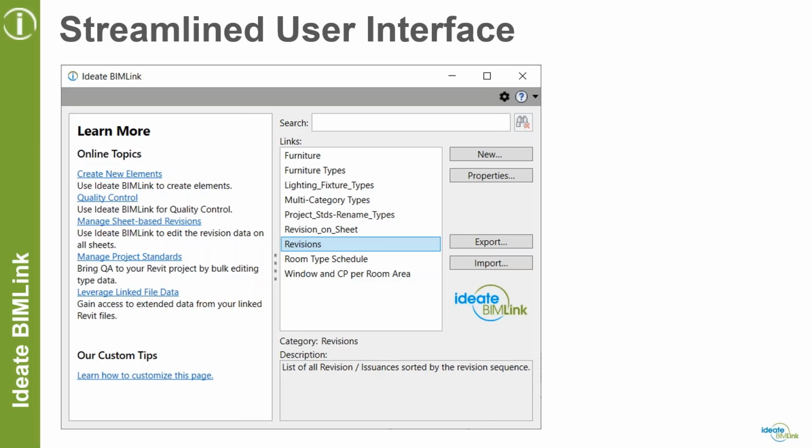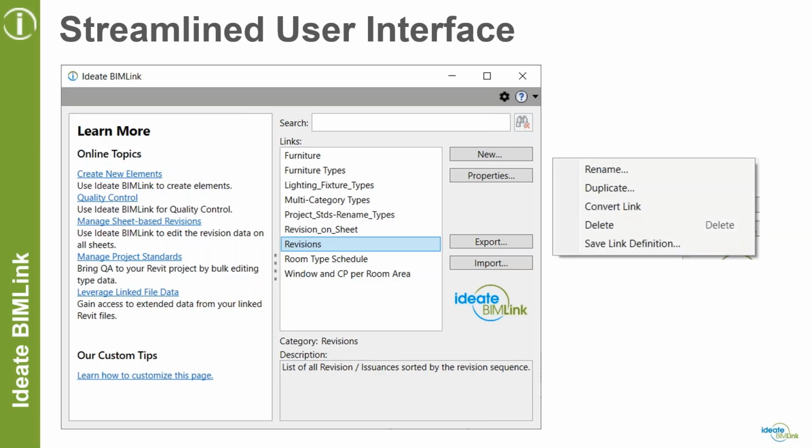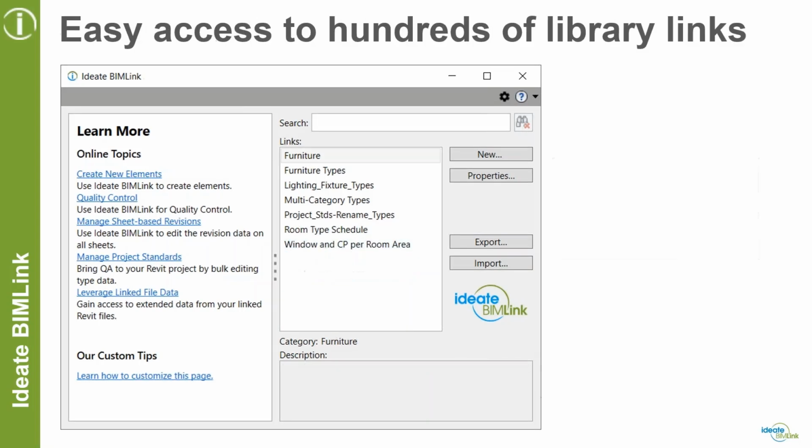So we've removed a lot of the pull-down menus, and from the main dialog we now only have 4 options: to create new link definitions, that's the information you're going to extract to Excel, to look at the properties of that link definition, and to import and export. Then with the right-click menu on any of the links, that's where I can rename, duplicate, convert and save link definitions. Those used to be pull-down menus, and we've tried to make that a little easier on the right-click menu. And when you select New, you then have the option to browse about